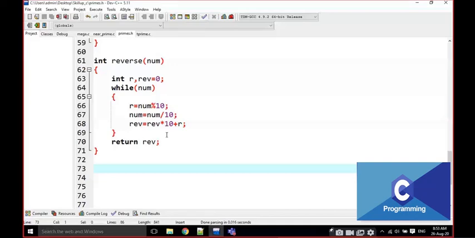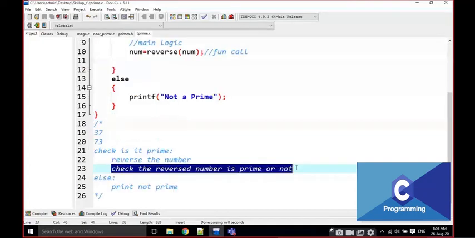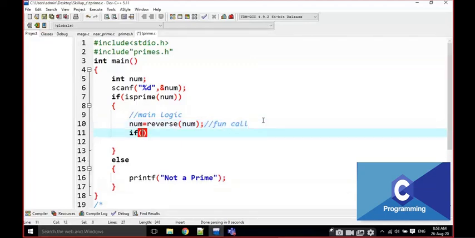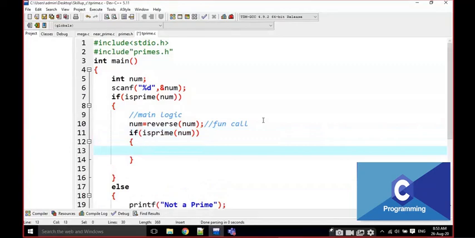Now I come here. If the number is reversed, then what I have to check is whether the number is prime or not again. Again I am going to check isprime of the number. If it is prime, then it is also prime, so it is a twisted prime.